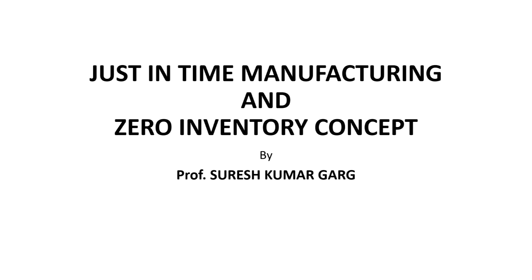So, rather than taking a reactive approach of inventory management, we should work on reducing those factors, which is more of a proactive approach. The problems which are there in the system, we should try to resolve those problems rather than building the inventory for them to cope with the situation. So, this is going to be our talk about this just in time manufacturing system, where we will see how we can work out a system through which the inventories are not required. We should work with zero inventories or close to zero inventories.